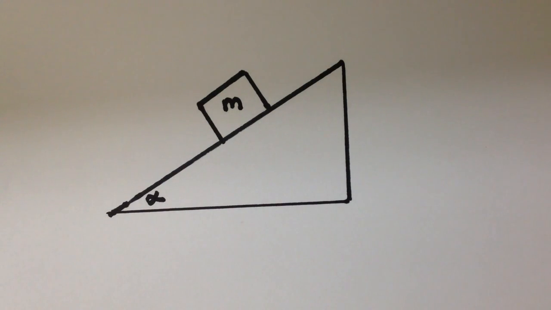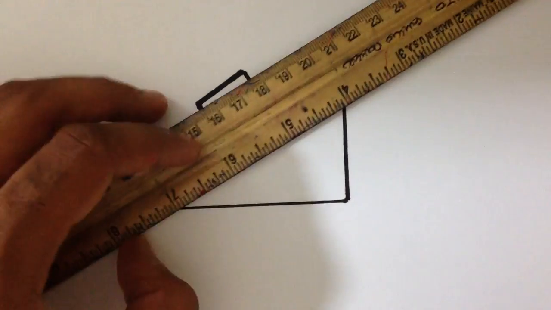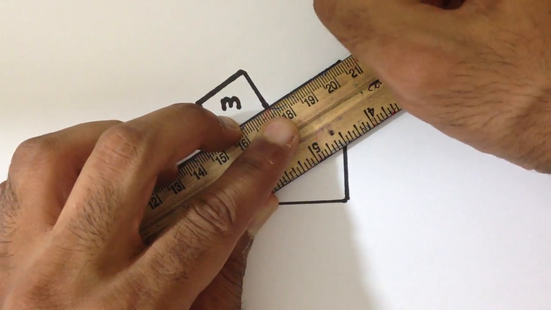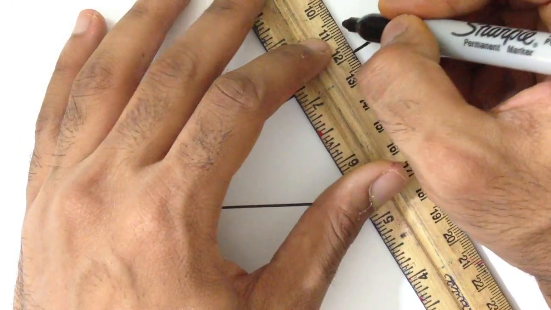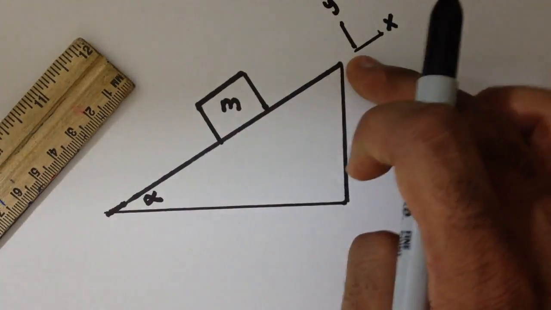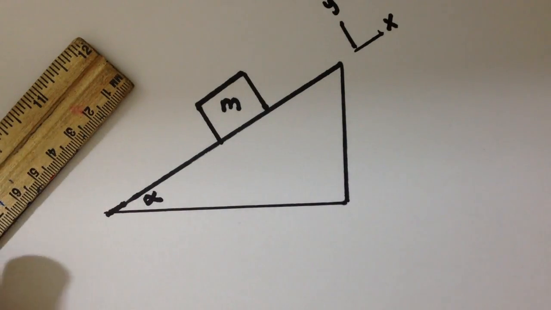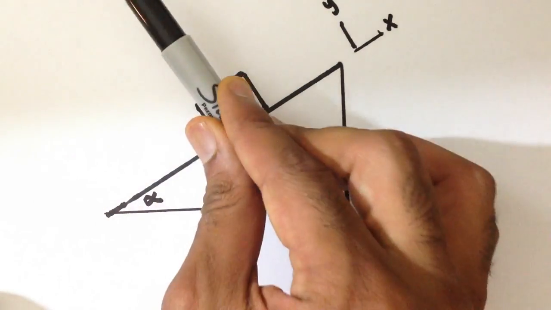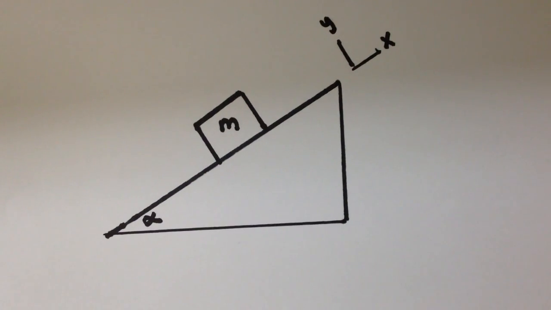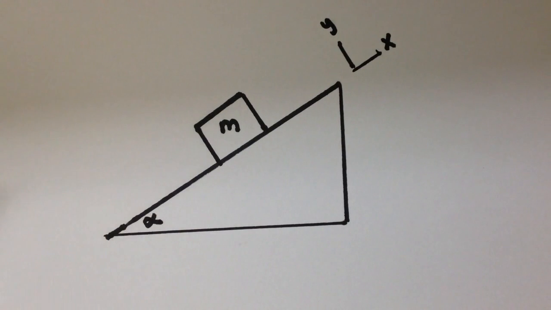Case 1 will be no friction. But before we proceed with case 1, we would like to choose a coordinate system. Our coordinate system will consist of the following. Up the ramp will be our positive x-axis, and perpendicular to the ramp will be our y-axis. Okay? So now we will proceed with